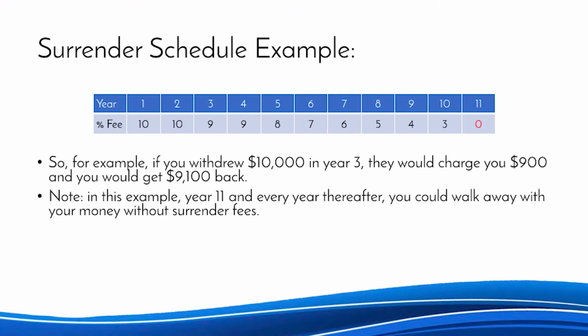The fees that they charge you are called surrender charges. So if you own an annuity, you can call and ask, what is my surrender period and what are my surrender charges? We'll put up a slide that shows an example of a surrender schedule. It shows the percentage charge you would have every year. Sometimes it's as high as 10% to pull out your own money just because you're pulling it out before the